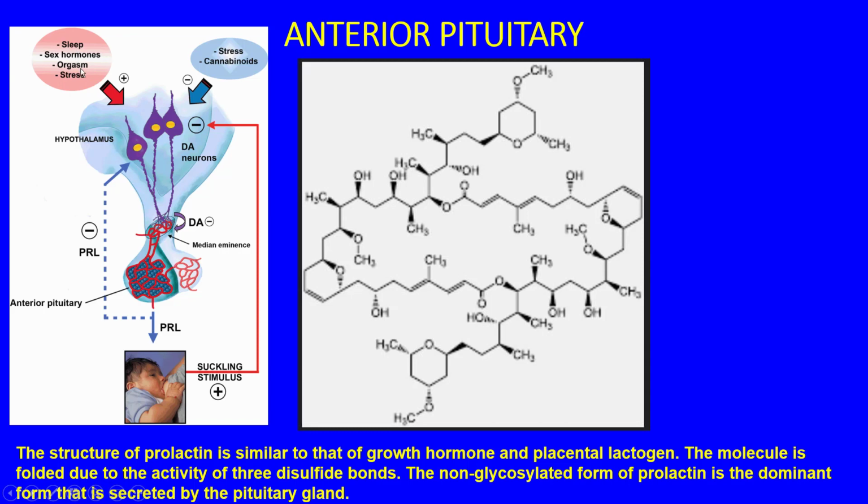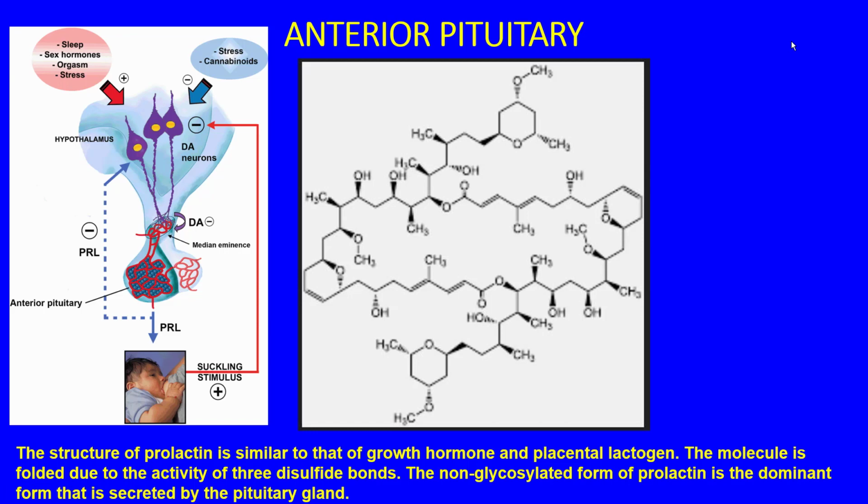Sleep, sex hormones, orgasm, and stress are positive stimuli for dopamine to be released. And interestingly enough, stress and cannabinoids have a negative effect on the stimulus to release prolactin. Now, it should also be noted that the structure of prolactin is similar to that of growth hormone and placental